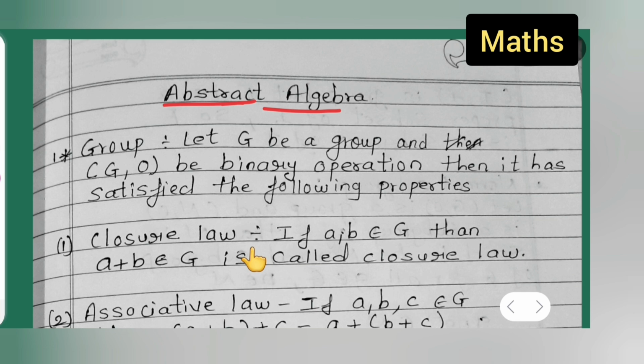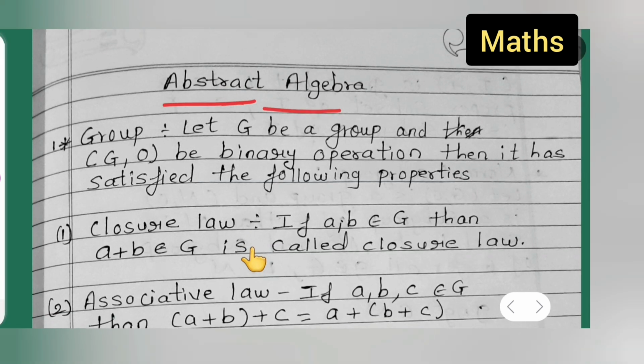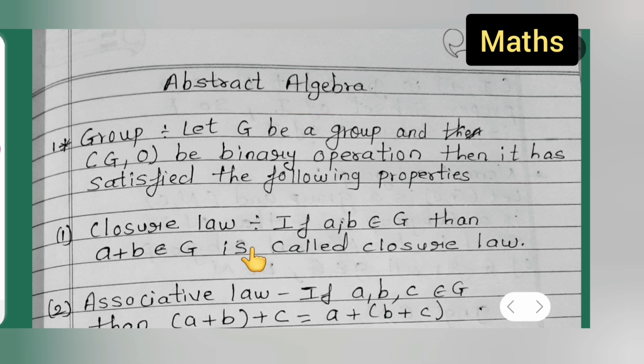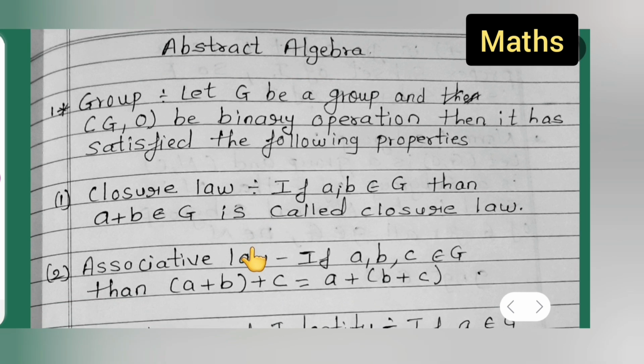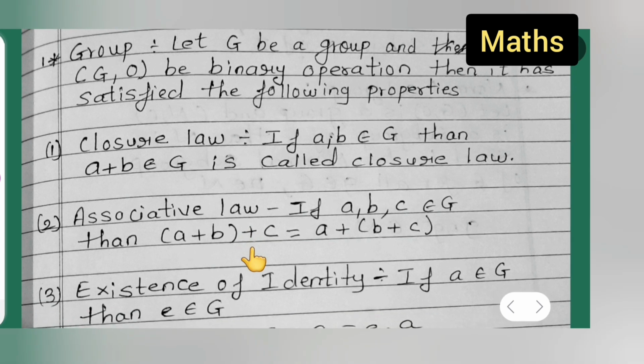Next, let me move towards the associative law. You all can take down this. Let me rub this. Moving further towards associativity, let me read it first to you all. This is the associative law. If a, b, c, here three elements, belong to the group,